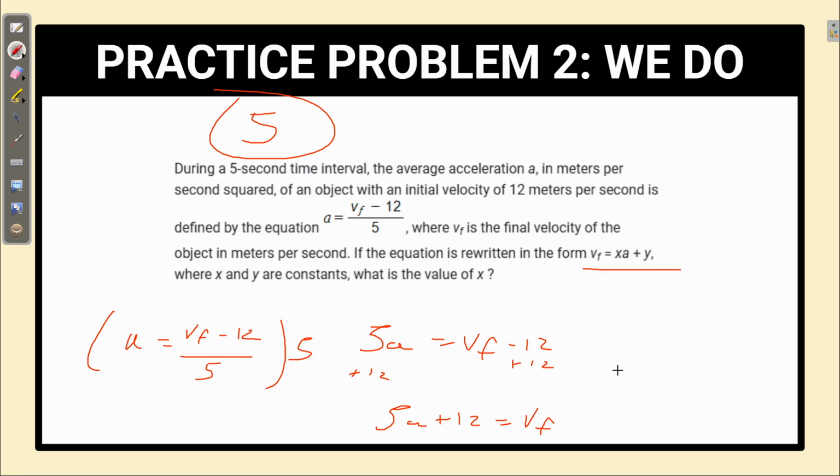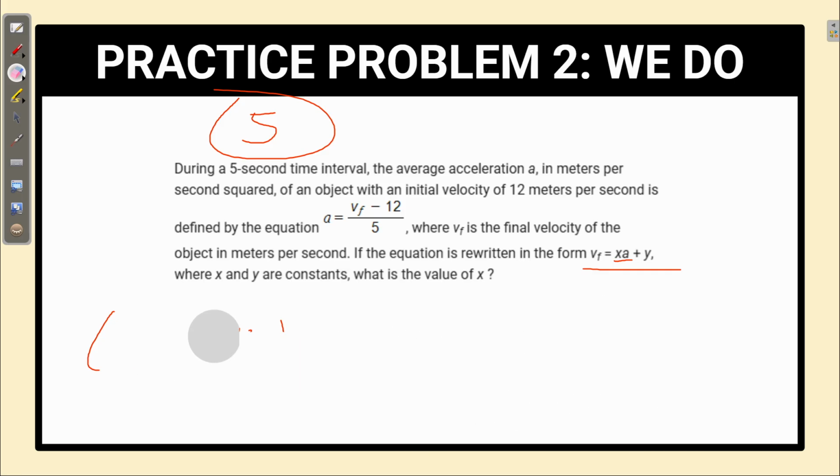So given this, you see that x is attached to the a and it's still 5, right? Adding the 12 didn't change anything. So the answer is still going to be 5, and that is the last question of the SAT Math series,